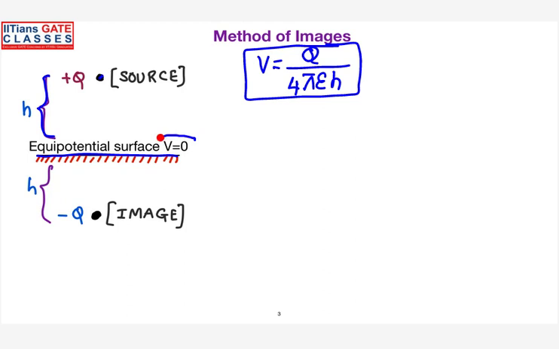But I have assumed that the potential of the ground will always be zero, right? So there is a contradiction. If you place only one charge above a conducting ground plane, ideally speaking, this is the voltage that has to be developed on the ground. But do you think that by placing this charge, the potential on the ground will change? That means when you place a charge of Q coulombs at a height of h from a conducting ground plane, will it influence the potential of the ground? That means the ground potential will change from zero.